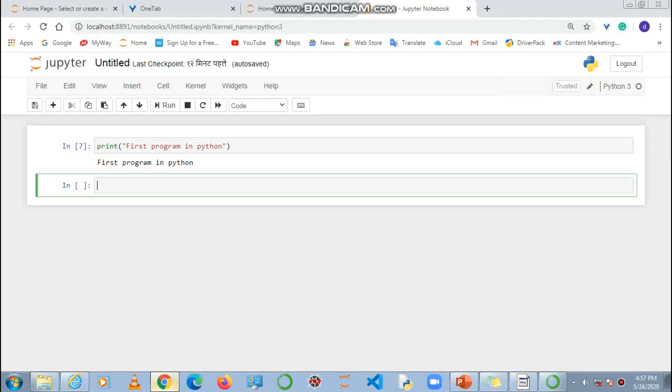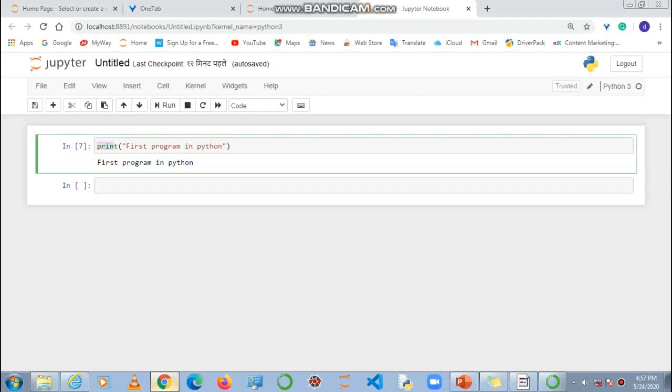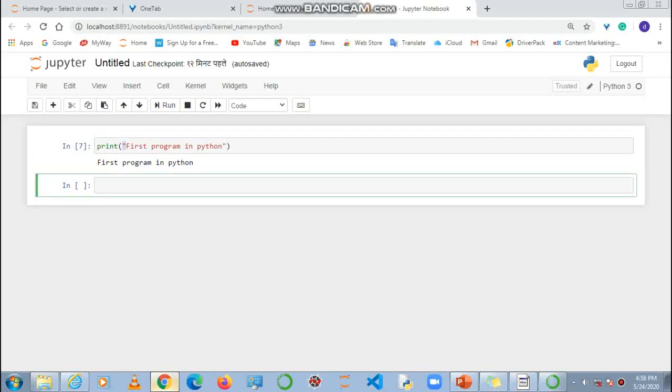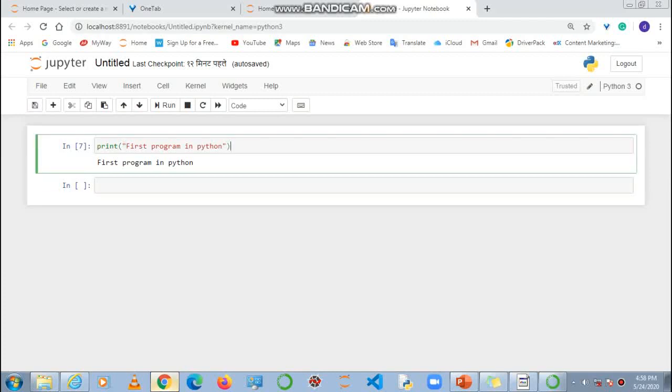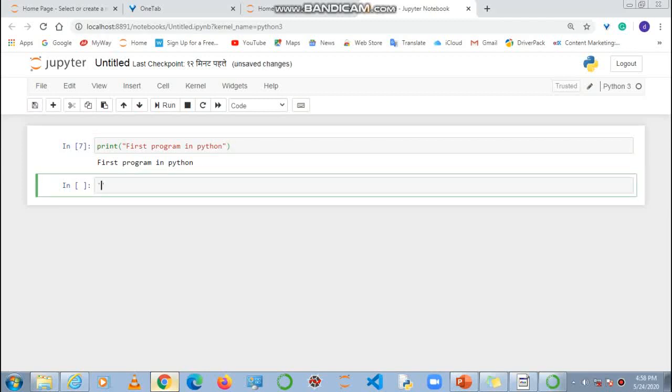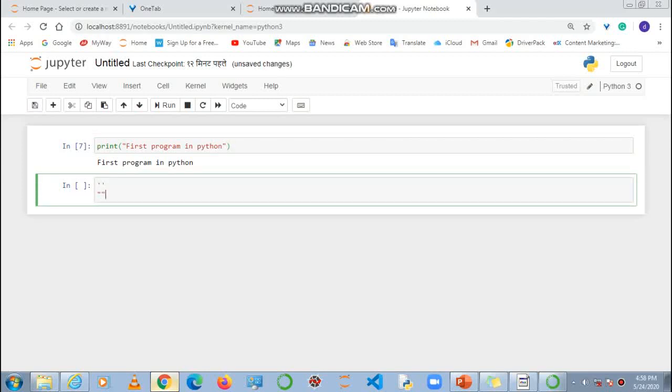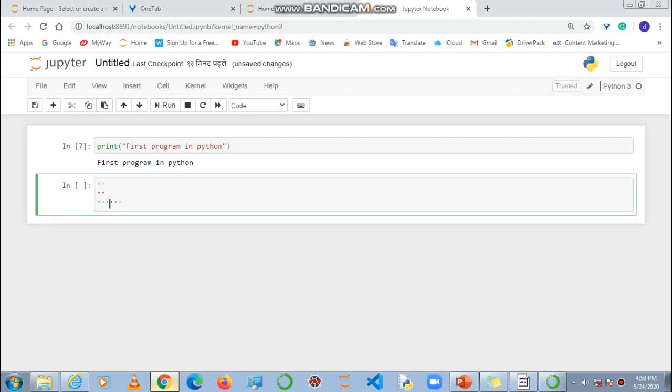It's often used as an illustrated syntax of the language. In this program you are using the built-in print function and parentheses, like a round bracket, and it will execute the code. Whatever you write in the string will be shown as output on the computer screen. By the way, a string is a sequence of characters in Python. Strings are enclosed inside single quotes, double quotes, or triple quotes.